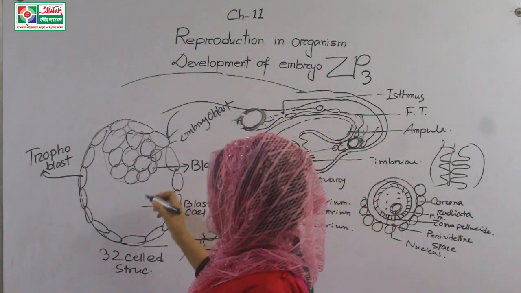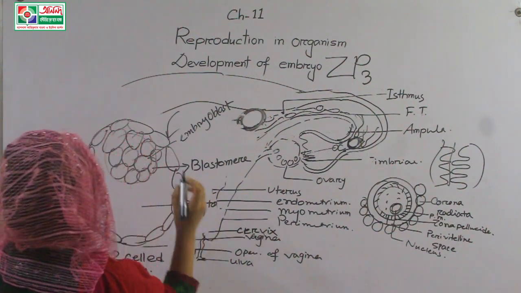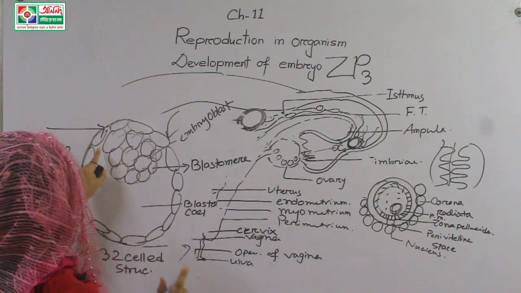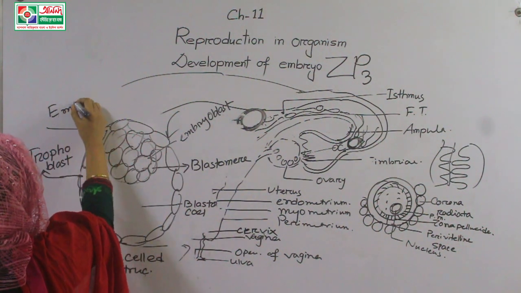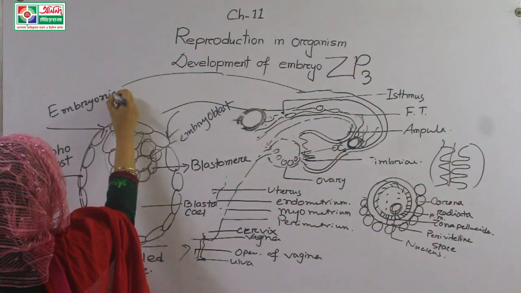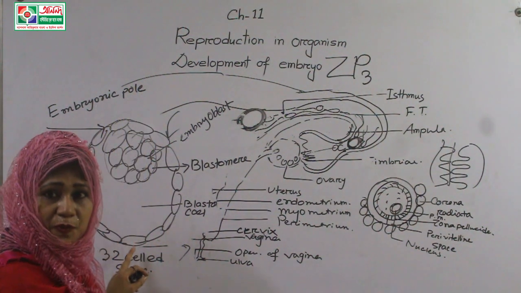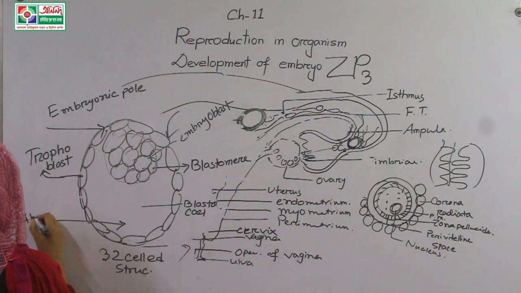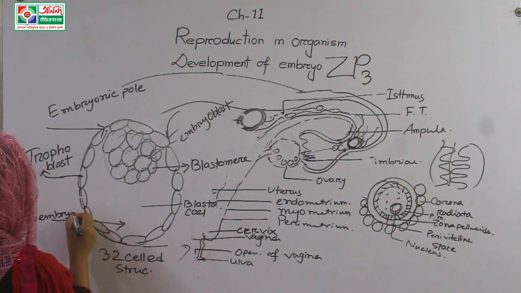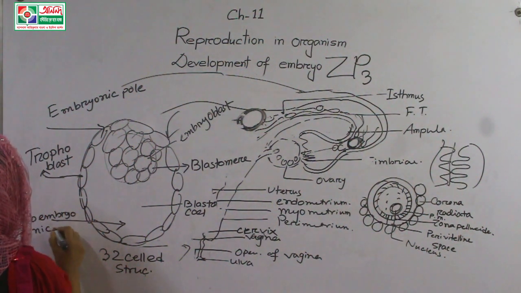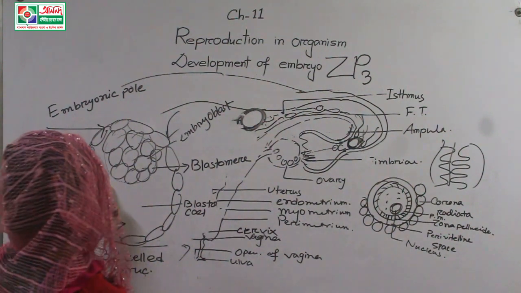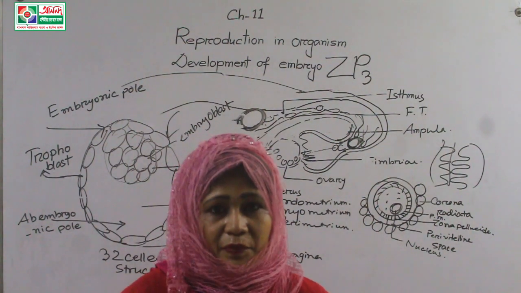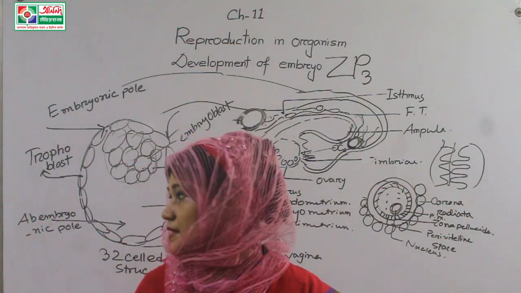Okay, students, this pole where all the cells get together is known as the embryonic pole, and the opposite pole is known as the abembryonic pole. And from the trophoblast we will get the embryonic membrane of the placenta, and from the